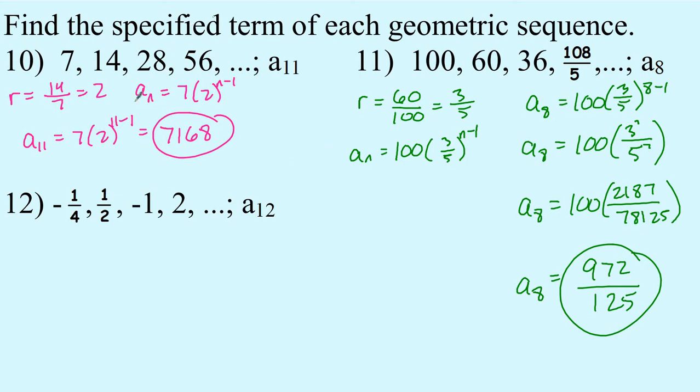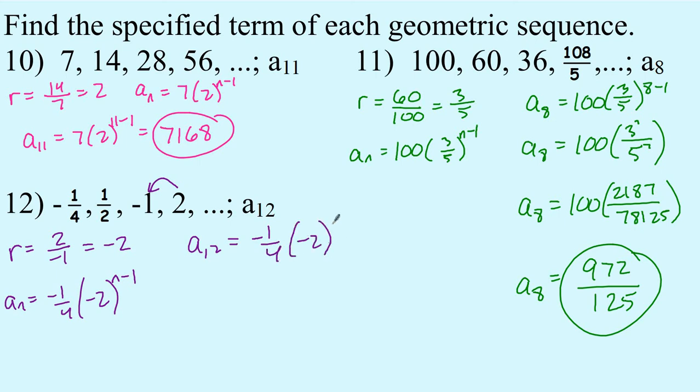All right, number 12, we have r equals, well, I don't want to deal with fractions, so I'm going to do these numbers. 2 divided by -1 is just -2. So our nth term is -1/4 times -2 to the n minus 1. Plug in your stuff. -1/4, -2, 12 minus 1. So -1/4, -2 to the 11th would be